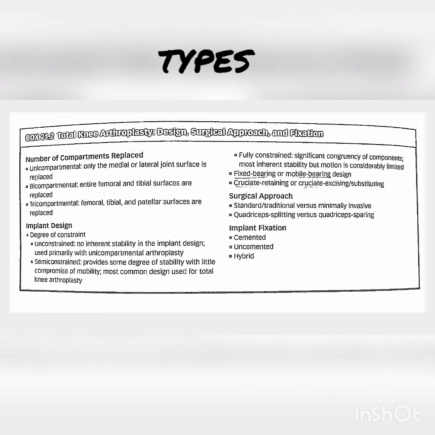Most of the procedures today involve a bicompartmental semi-constrained prosthetic system that replaces the proximal tibia and distal femur. These systems are typically composed of a modular or non-modular femoral component with a metal articulating surface paired with a single all polyethylene or metal-backed modular or non-modular tibial component with a polyethylene articulating surface. In total knee arthroplasty, the posterior aspect of the patella is also resurfaced with a polyethylene component.